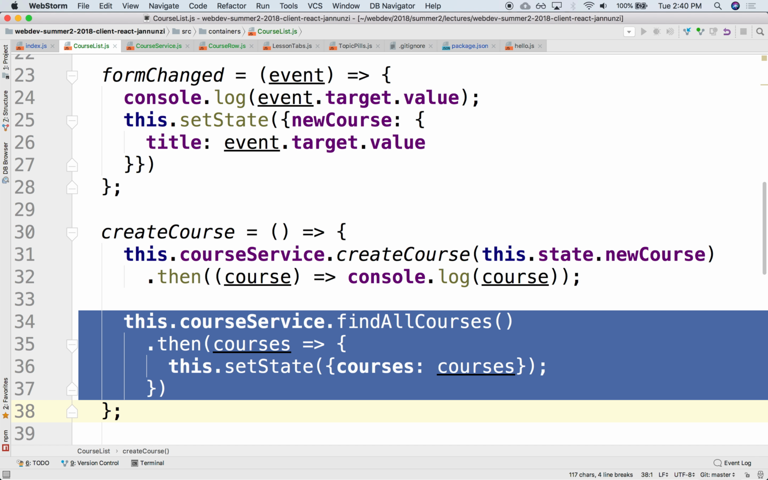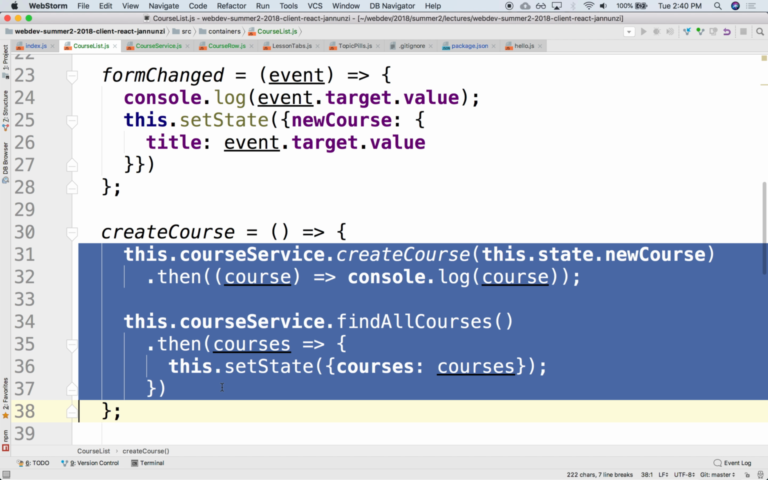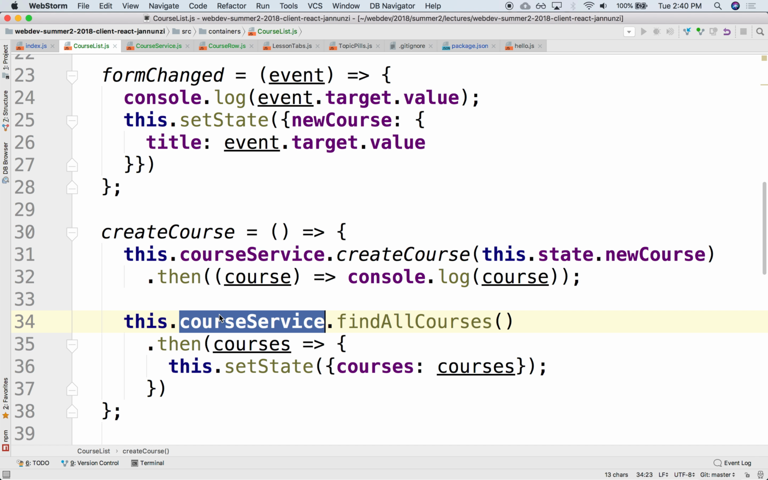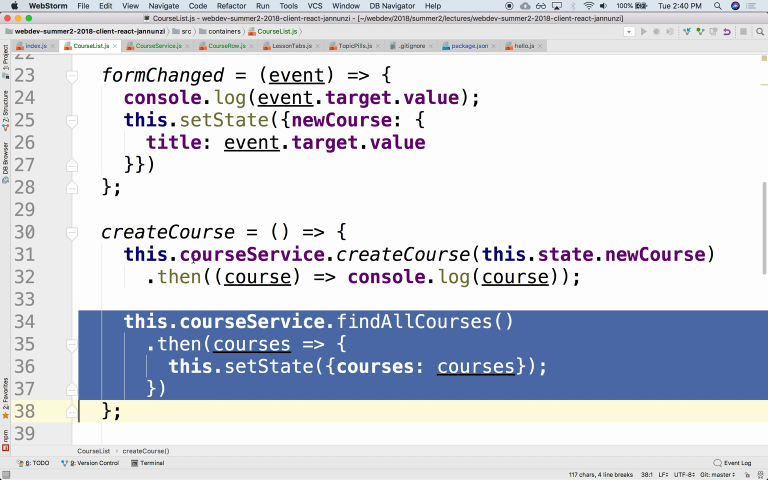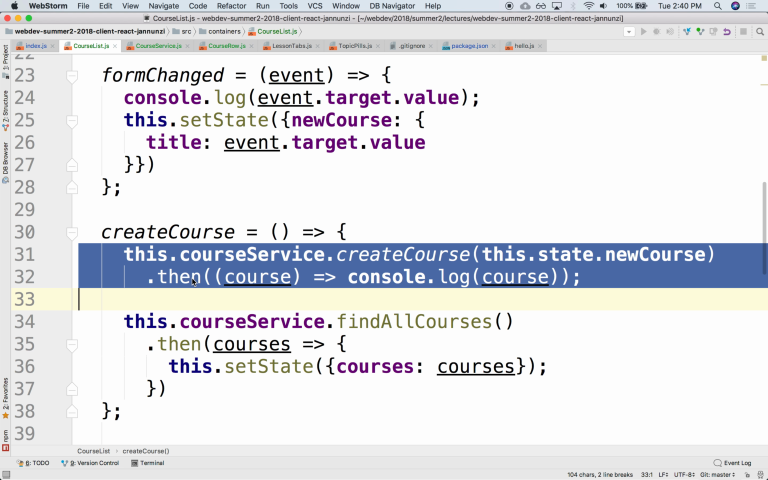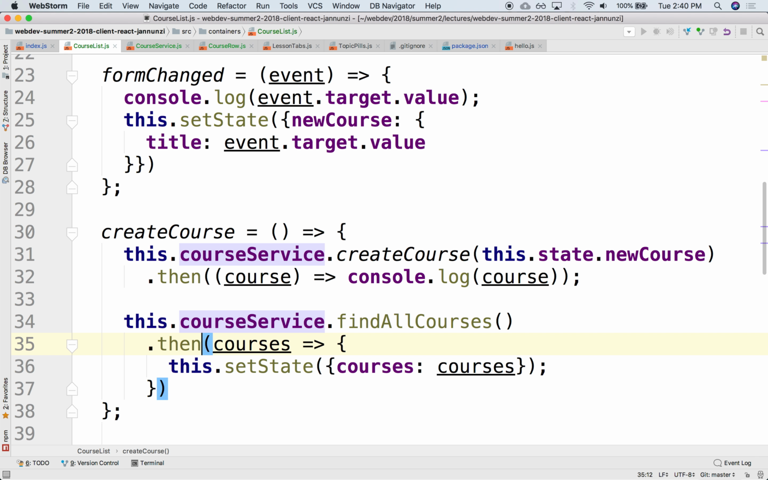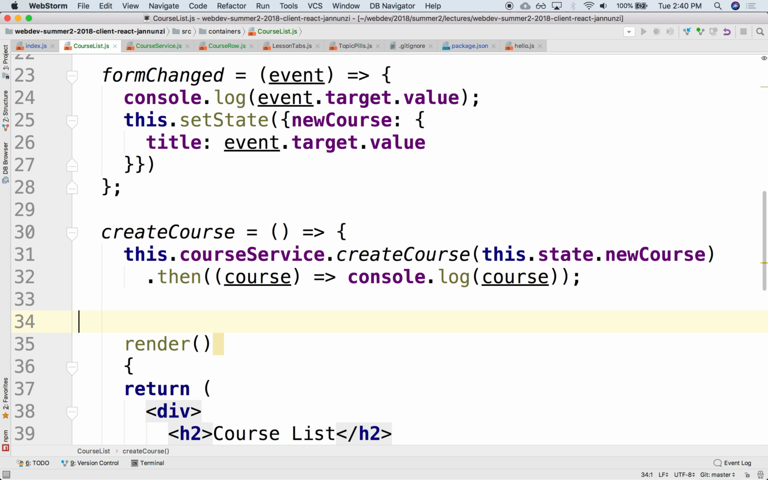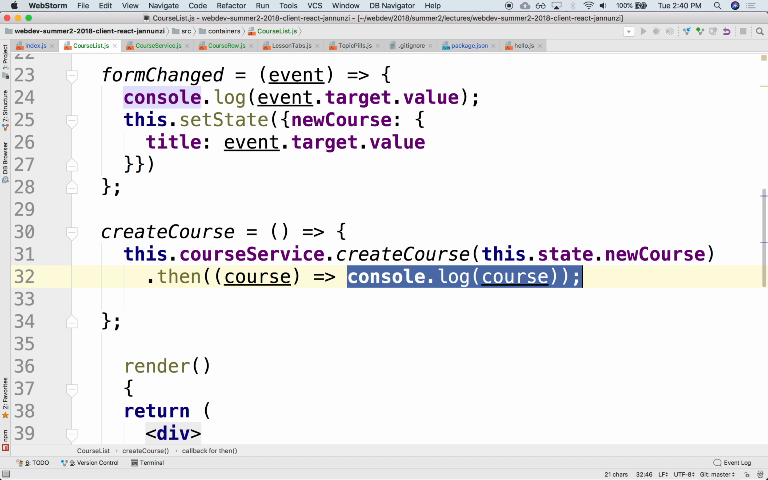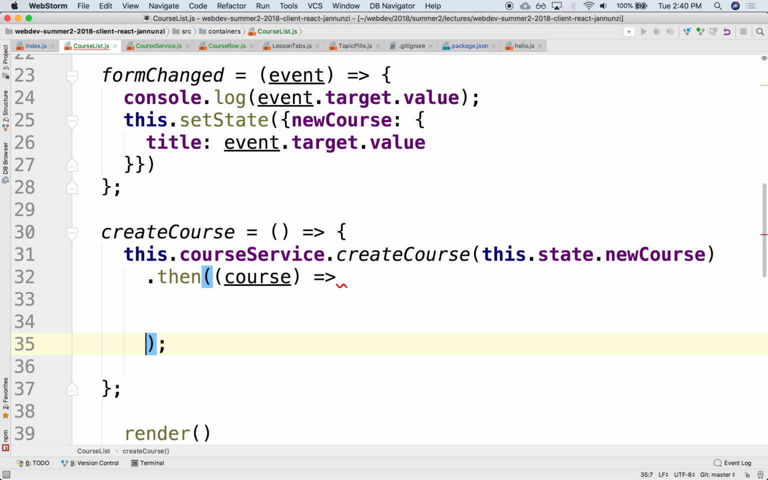It might be that 50% of the time it actually happens in this order. But sometimes, the other 50% of the times, it might be that you first retrieve the list of courses before your new course has been inserted, okay? Because these are asynchronous. The only way to guarantee that the sequence is the sequence that you want is to do this one over here, embedded in this one. That only when the first one comes back successfully, then,